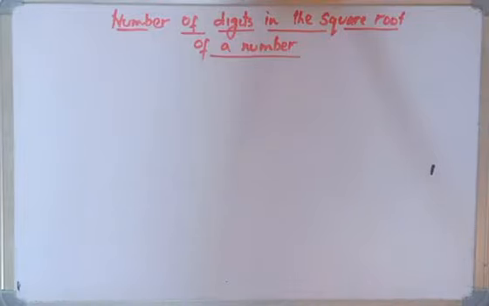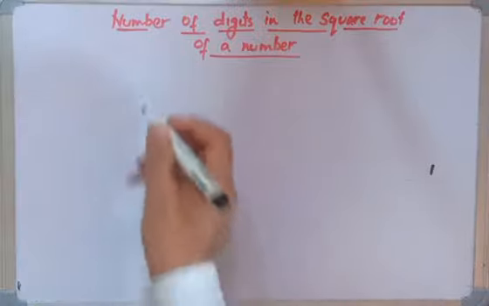जो आज का टॉपिक है वो है नंबर ऑफ डिजिट्स इन द स्क्वायर रूट ऑफ ए नंबर. What does that mean? It means that how can we know the number of digits in the square root of a number without finding the square root actually? That means if you are given a number, say for example